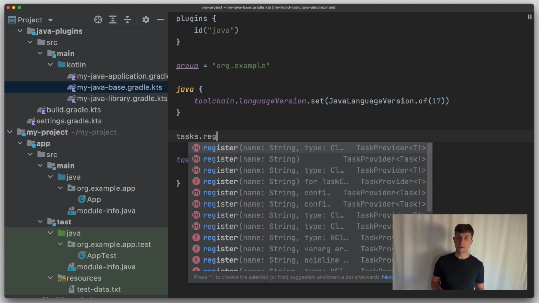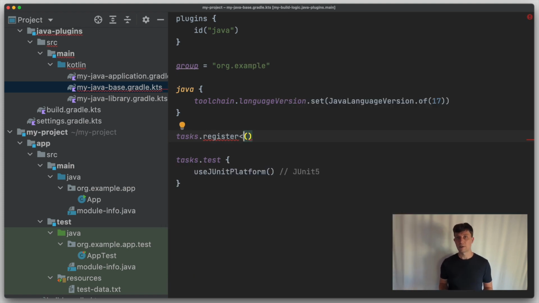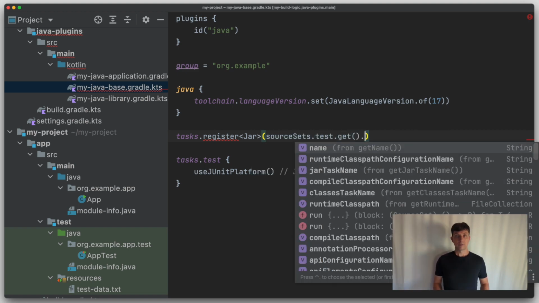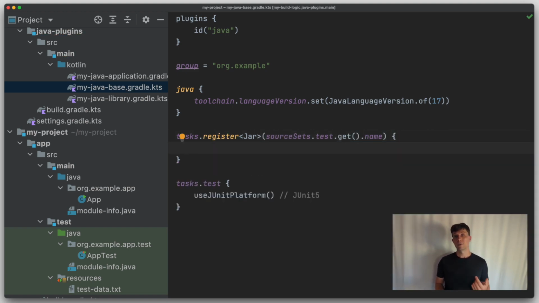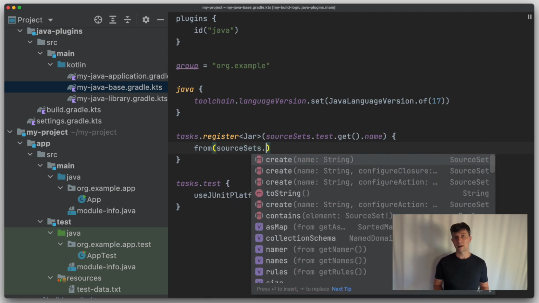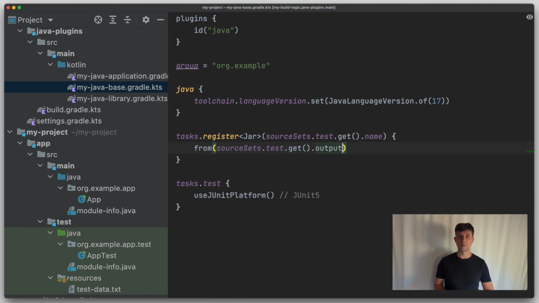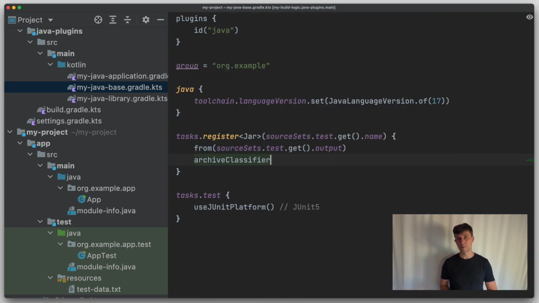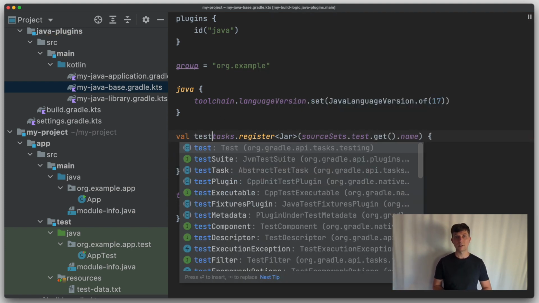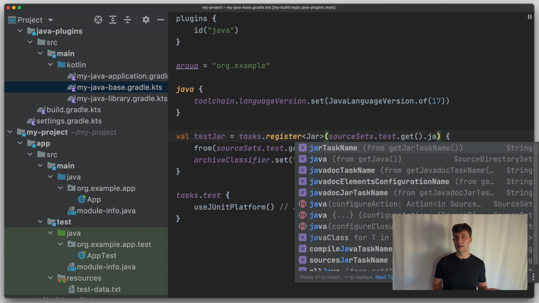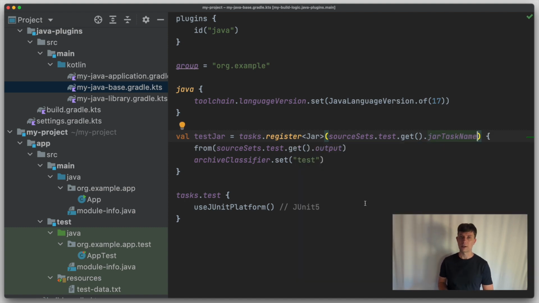For the Gradle test task, this is unfortunately something you need to configure yourself, or you can use an additional plugin. If you do it yourself, you first need to register a jar task that packages your test code and resources into a jar. We already looked at doing something like that in the video on feature variants. So the name of the task and what should go in there is all provided by the source set. You just need to wire it up.